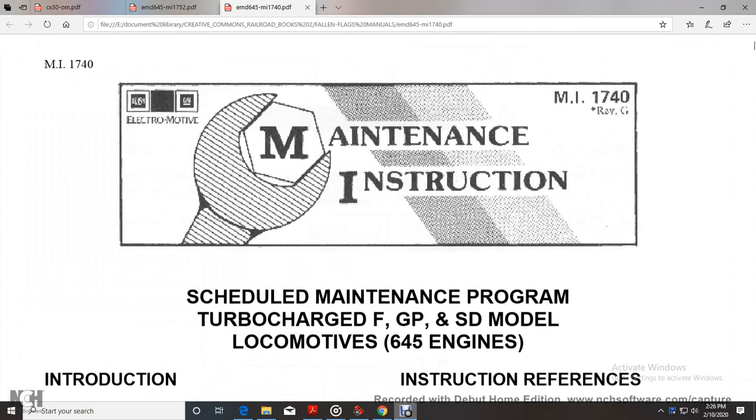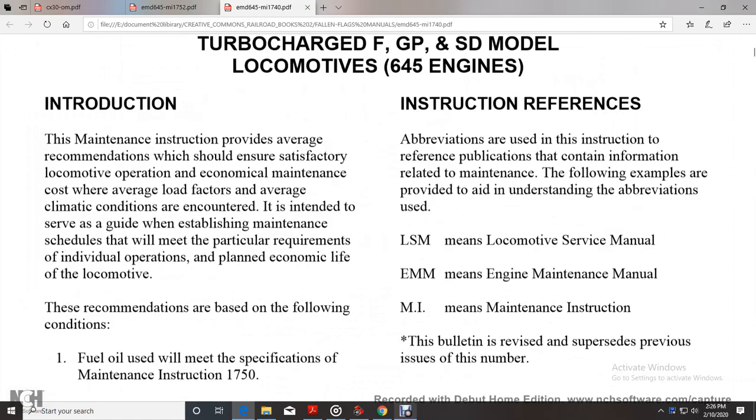Testing. Alright, Maintenance Instruction 1740, Revision C, Electro-Motive maintenance instruction, scheduled maintenance program, turbocharged FP SD model locomotives, 645 engines. Introduction. The maintenance instruction provides recommendations that should ensure satisfactory locomotive operation, economical